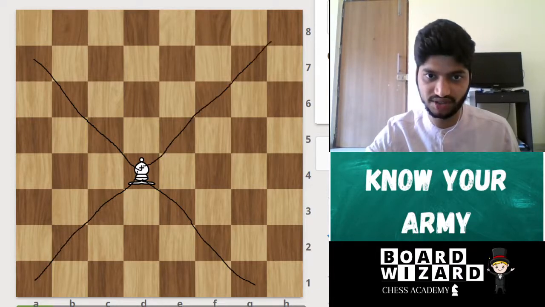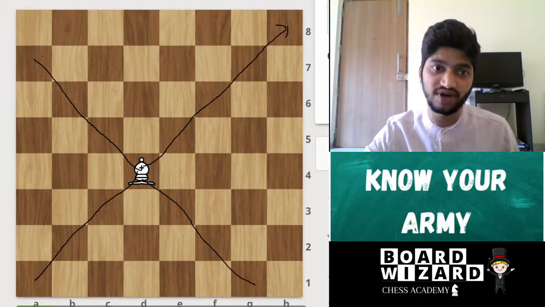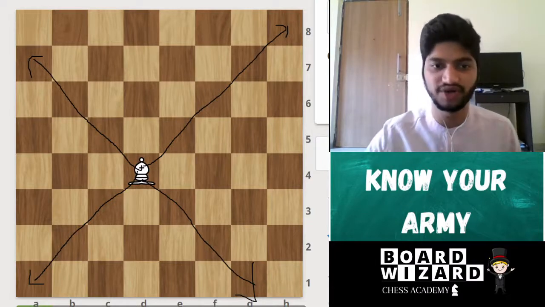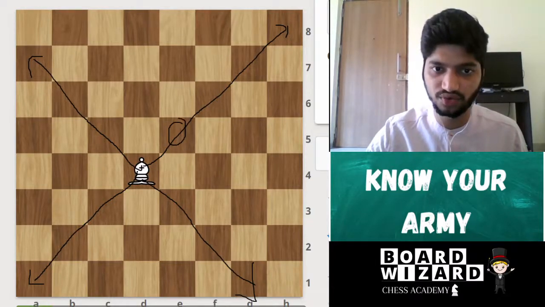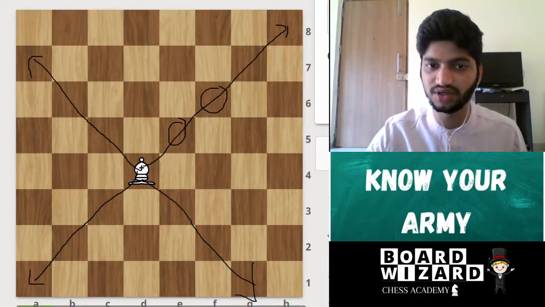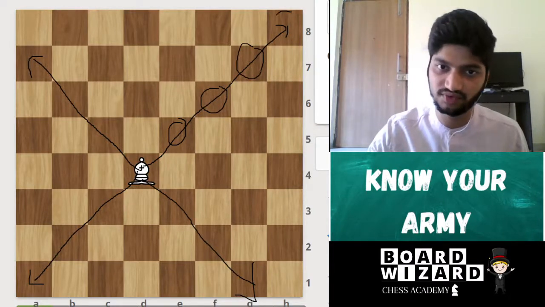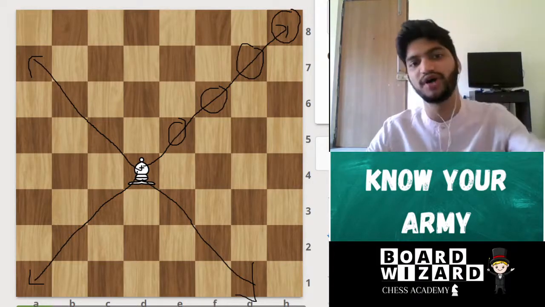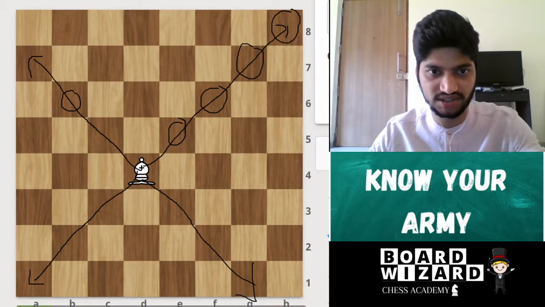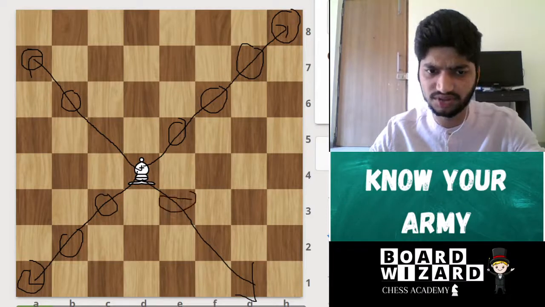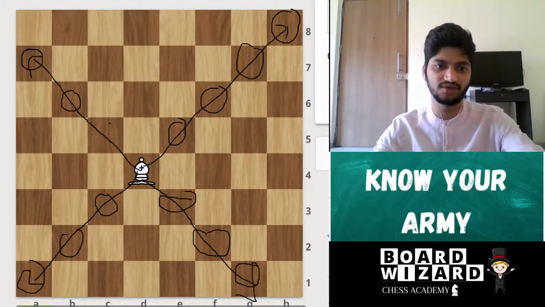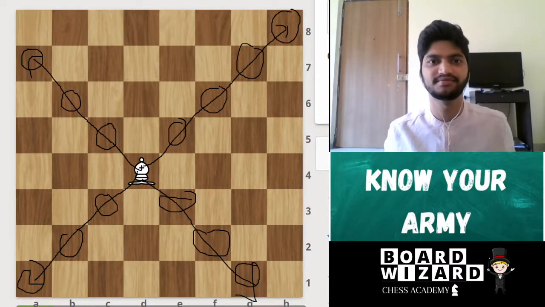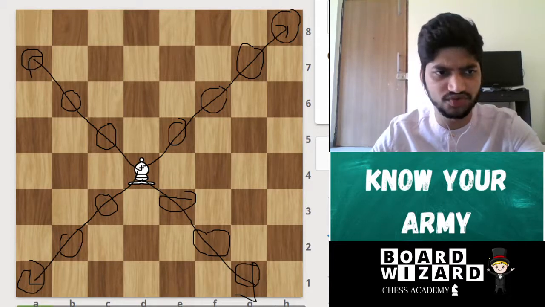So he is moving in the slanting line, and he is also a fast piece, so he can go to any square he wants in that particular direction. For example, he wants to go to e5, he will go. If he wants to go to f6, he can directly go there. If he wants to go to g7 or h8, he can directly jump to those squares. He can go to b6, a7, c3, b2, a1, anywhere he wants in the directions e3, f2 or g1, even c5. Simple. That's how the bishop moves.